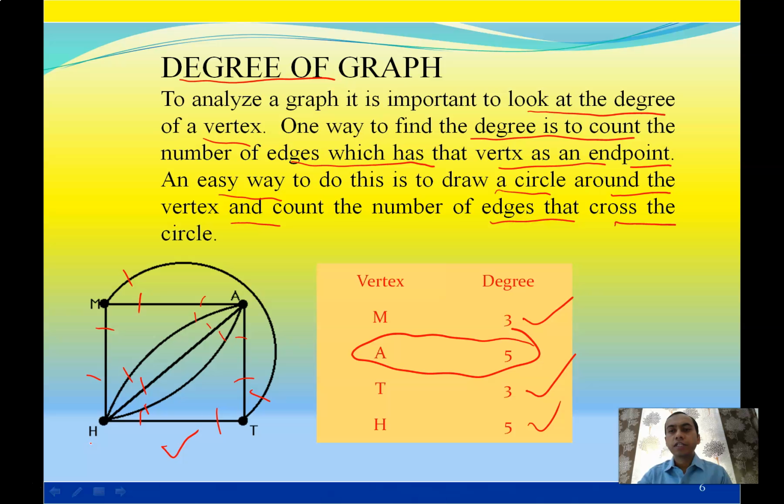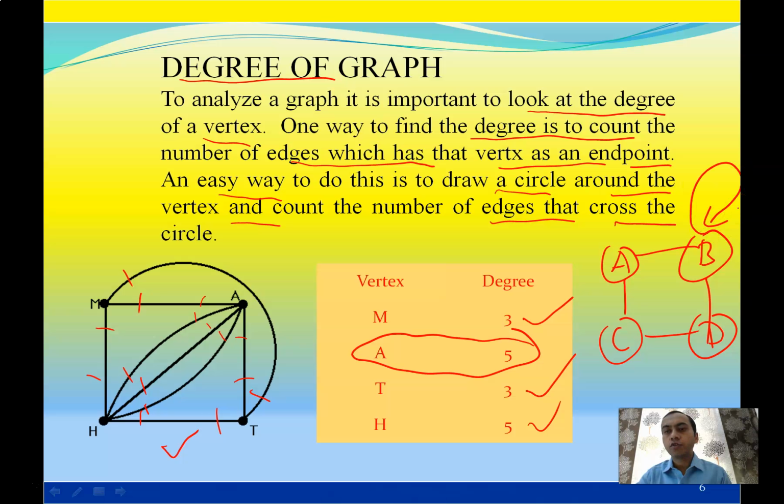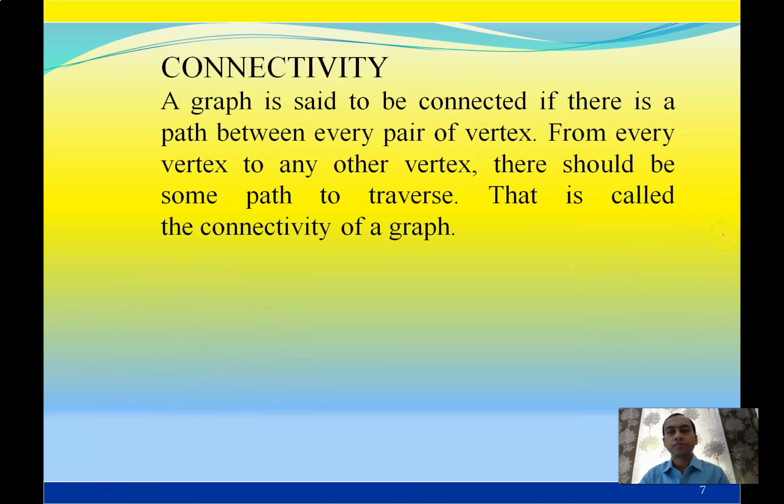And a more important thing in this is, suppose that there is a graph. Take one example of this graph. If there is a loop at B, the degree of B will be 1, 2 and 2, 4. Degree of B will be 4. Why? A loop has 2 degree, one for out and one for in. So a loop has 2 degree. So it becomes 4 for B.